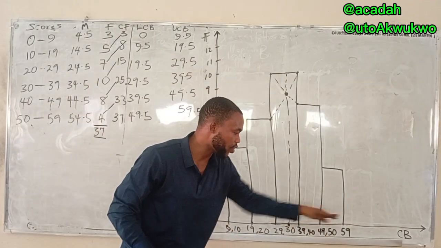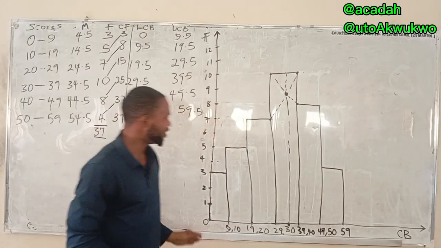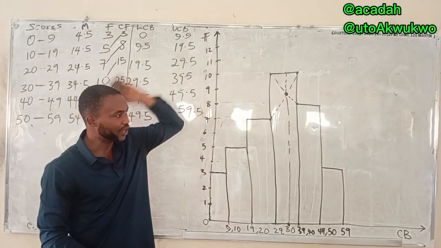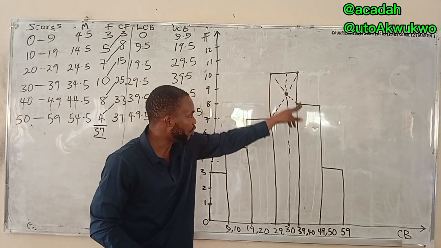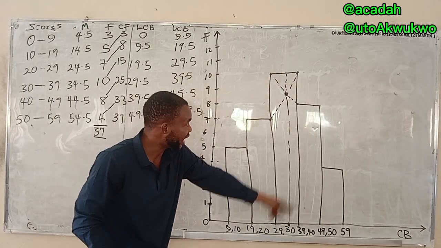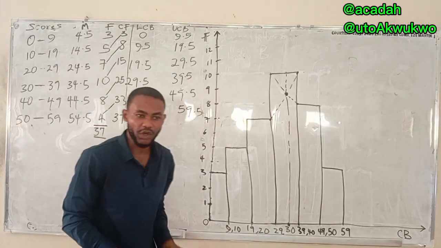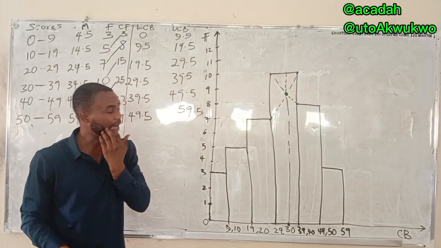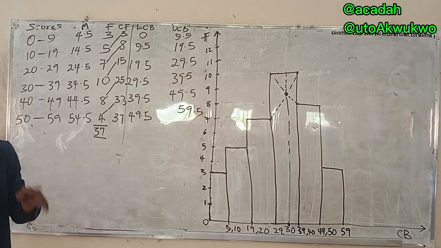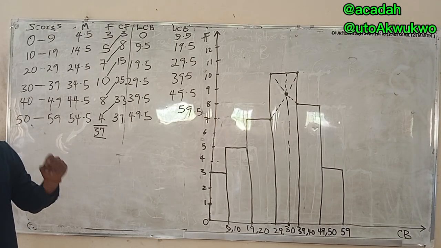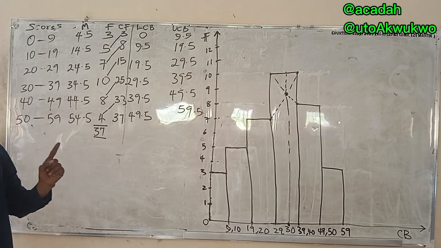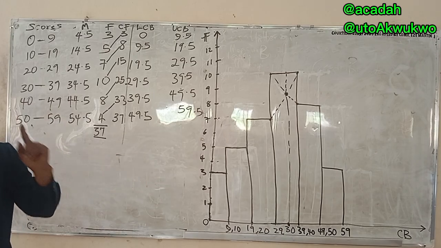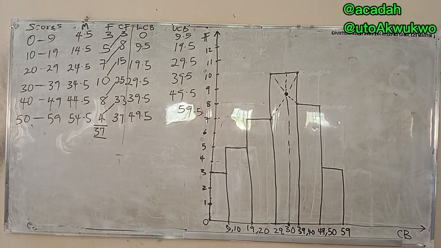And remember, this side is also called abscissa, while this side is also called ordinates. So you can see in the textbook, the abscissa you locate when you make these diagonals. The abscissa located using the point of intersection is what we call the mode. So when we move to measures of location and we start doing median, I will also teach you how to locate median using histogram. And then there's another one which we call cumulative frequency curve or polygon, also known as ogive.